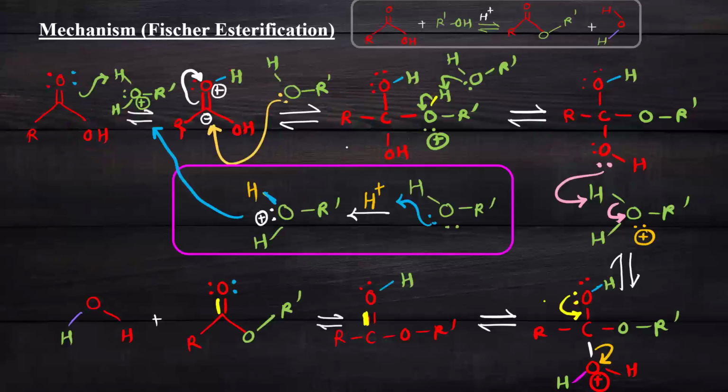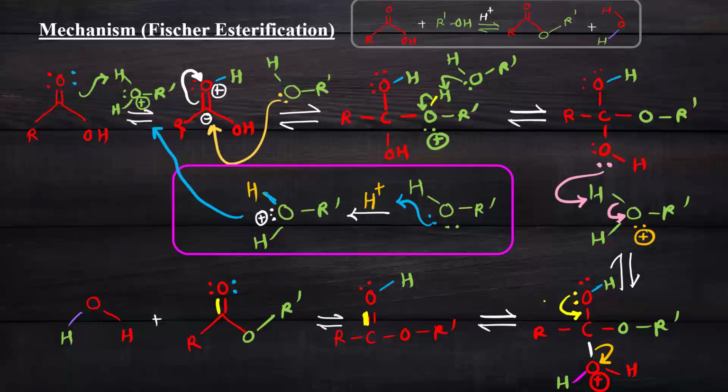So first of all, we have to look at Fischer esterification, which is the key esterification by which phenyl salicylate is formed using salicylic acid and phenol. The basic mechanism is that any carboxylic acid, when reacting with any alcohol in the presence of H plus or an acid catalyst, will give an ester with removal of a water molecule. First we have to look at how to get a protonated alcohol. When the lone pair of the oxygen attacks the H plus, or hydrogen ion, it is converted into OH2. That protonated form of alcohol is used in the further reaction.